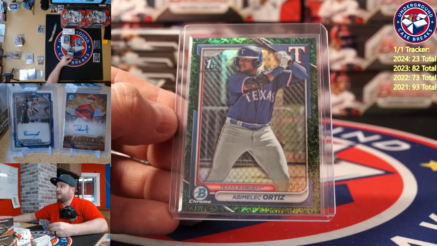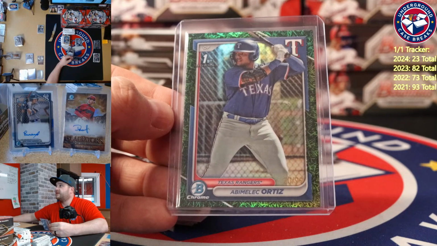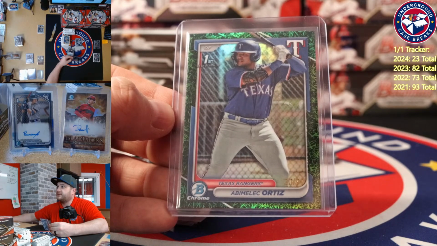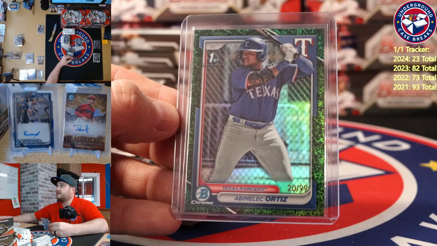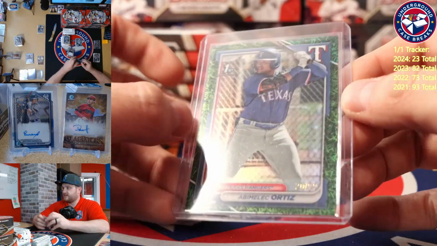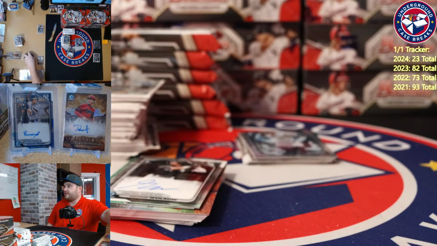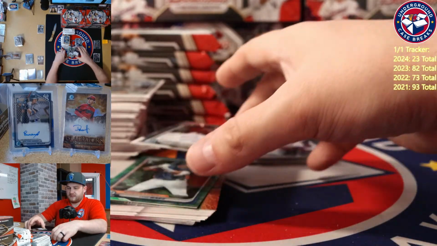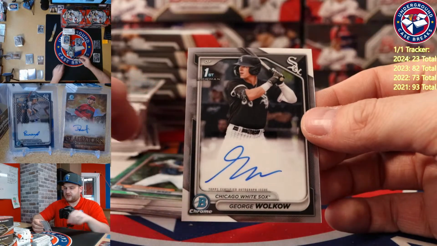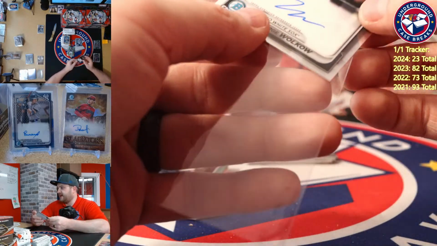But what I can tell you is I do remember writing about this guy. 22. He's in Double-A. He hit 33 home runs in the minors last year. Knocked in 101. So that's good for selling cards. He's not the steroid guy. It's not what my notes say, Kenny. We have George Wolkow. Oh, never mind, he is. But